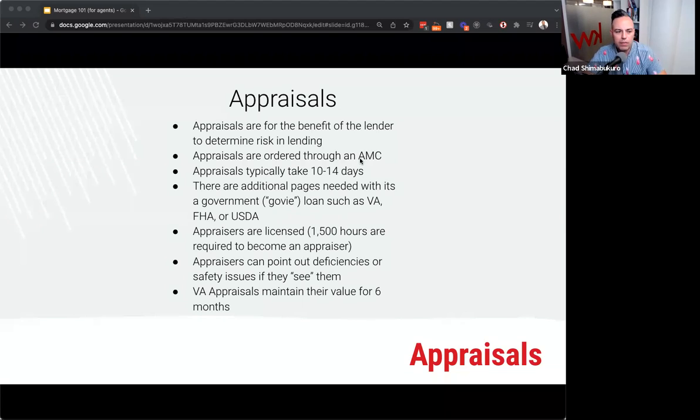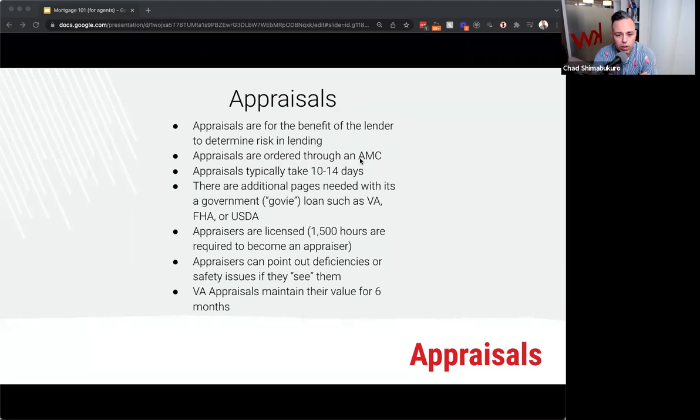Appraisals typically take 10 to 14 days. It could take even longer, especially during the COVID process. It took as long depending on who the lender was. This is also coming down to when the lender orders it. So if a lender is ordering it after day one and kind of well into the halfway point of the process, that's why you're negatively impacted and extensions need to happen, because they're not ordering it in a timely fashion. So that's another important thing to know when you're dealing with a lender.